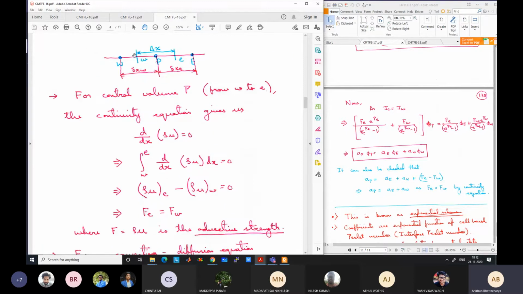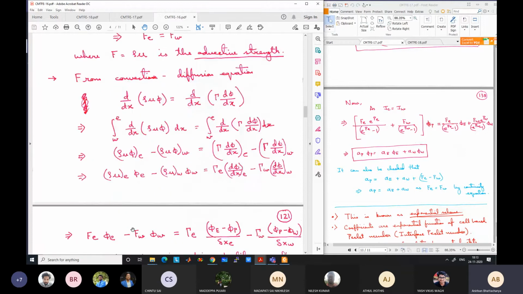And we saw that that is not very physically correct unless the velocity is small. At high velocities, the interface value should not be the average of these two values, because the direction from which the flow is coming should strongly affect the interface value. So if the flow is coming from the left side or the west side, the interface value should be strongly affected by the west grid point value and minimally affected by the P value. Similarly, if the flow is coming from the east side, the west interface value should be strongly affected by the P value and not by the W value.